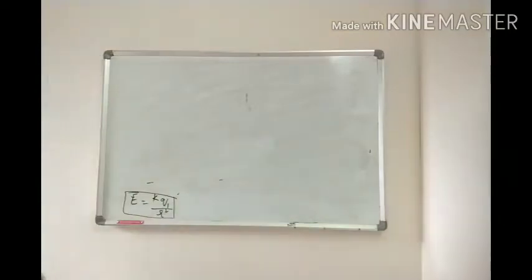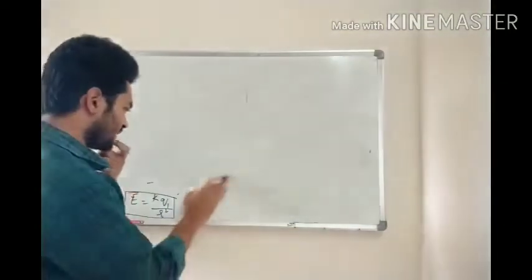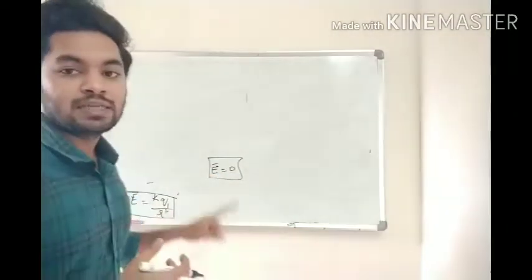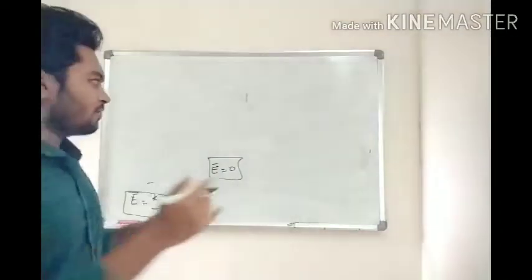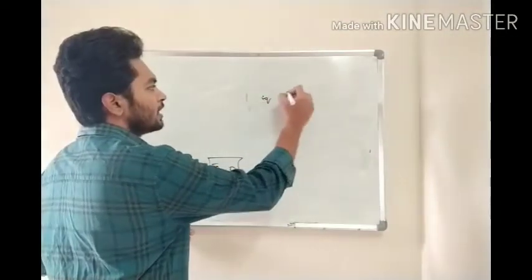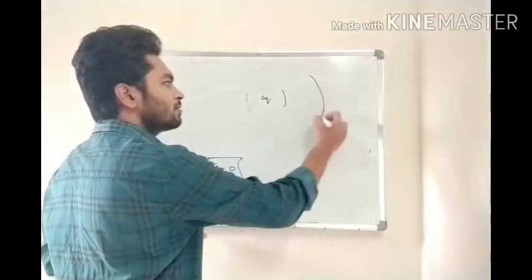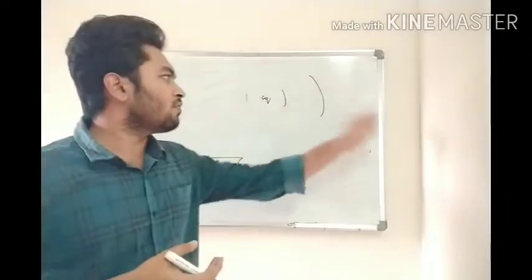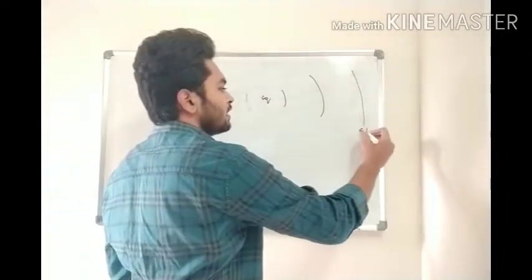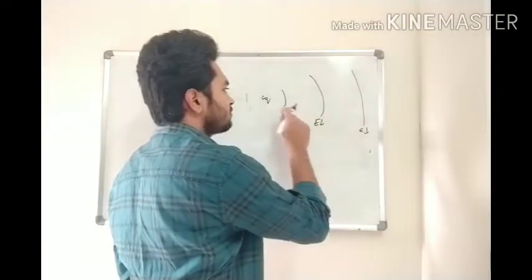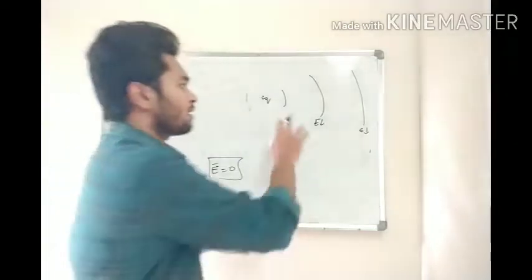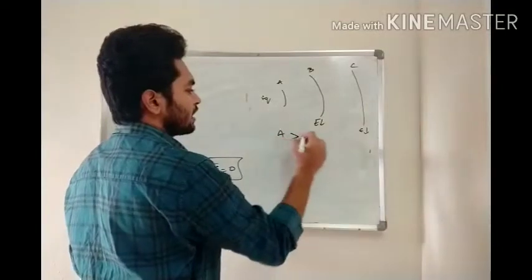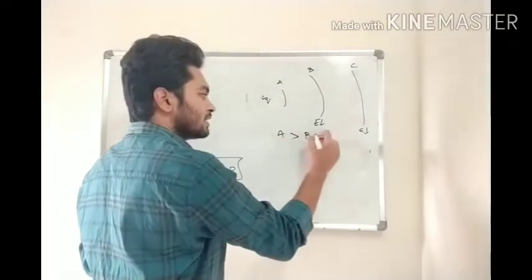Now what if electric field is 0? When is the electric field 0? You might get this doubt. If the point is here, plus Q, here the electric field has some value. Here the electric field may decrease. So depending on the distance, the electric field decreases. If you go far, the electric field may decrease, but near it, it may be strong because the distance is less. Compared across A, B, C: at A, electric field is higher. At B, electric field is a little bit lesser than at A.